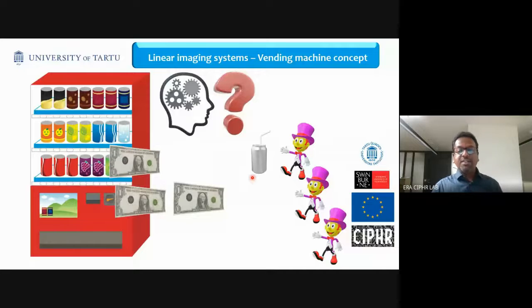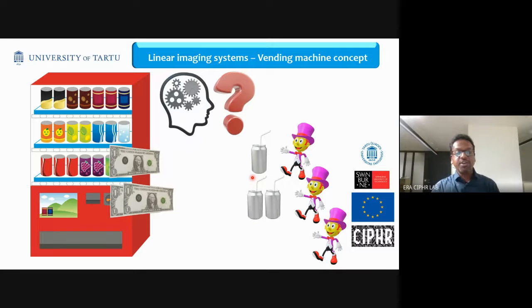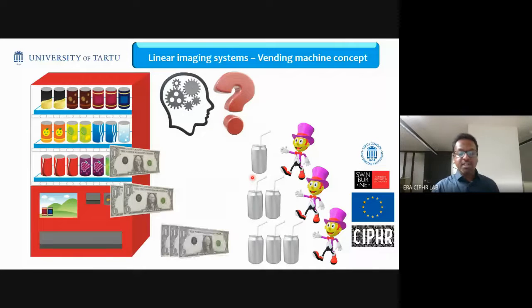So we need to understand whether the system is linear. We do the next experiment. We send $2, and we get 2 cans of Coke. So we know that the system is linear. There is a 1-to-1 correspondence. When we send $1, we get 1 can, and when we send $2, we get 2 cans of Coke. Now, if we get this output, we can easily predict what the input is. So we definitely know that $3 have been inserted into the system.